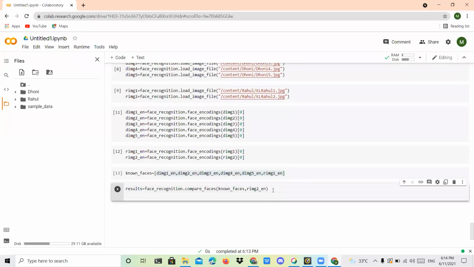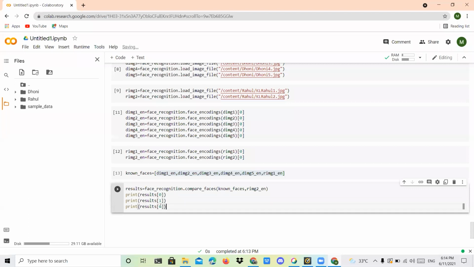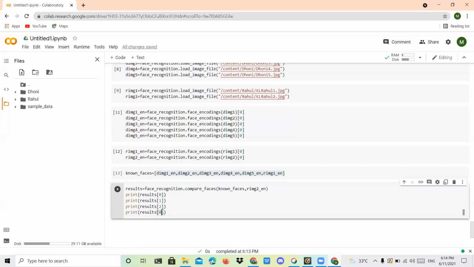After that, I'm going to print this value on the screen. Can you tell me what the output of this one is? Result 0. Result 0 should be false, right? In all 5 places the values are false. The last one only is true. Okay, we'll check. This is 1. This is 2. And this is 3.